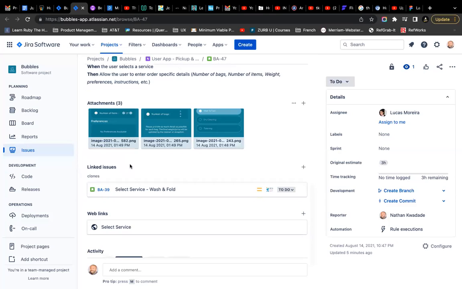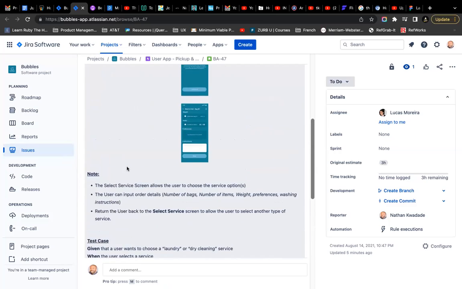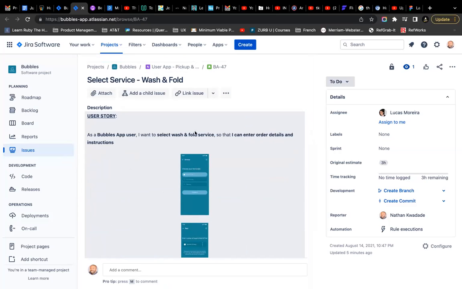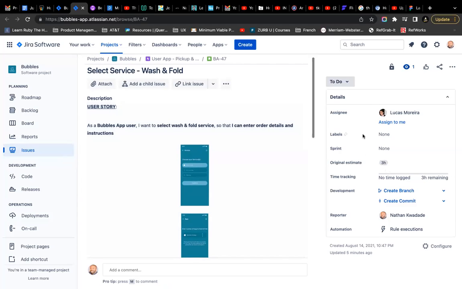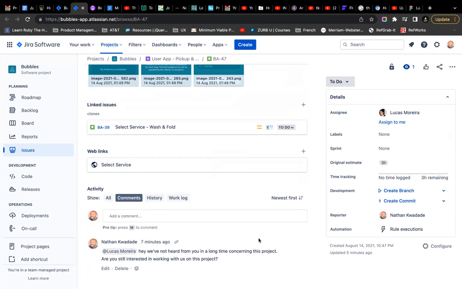Yes. All right, so we have everything here. I have the notes. I have the user story up here to explain what is supposed to be done. And before it goes into sprint, I discuss with the team. We estimate how long it will take. We agree. We assign this to Lucas, and we can comment on this, and make sure that everything is moving